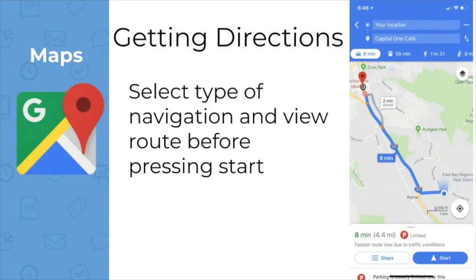Towards the middle of the screen, you can see that there are two different routes that Google has chosen for us to take. It will automatically highlight the faster route, which you can see is 8 minutes, but if you look slightly to the right of that, you can see there's another route that is 2 minutes slower that will take a slightly different exit. If you prefer the slower route, all you have to do is click on it, and Google will take you